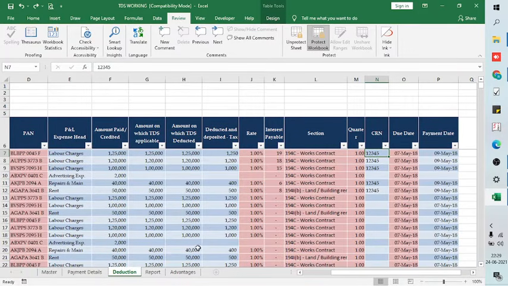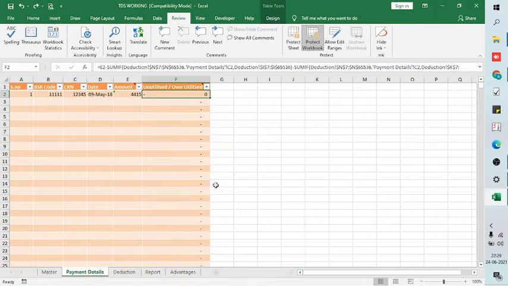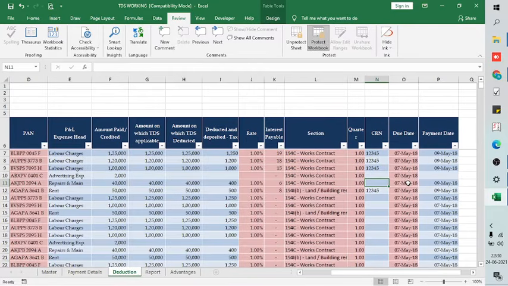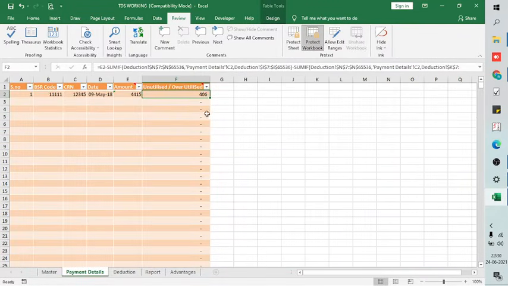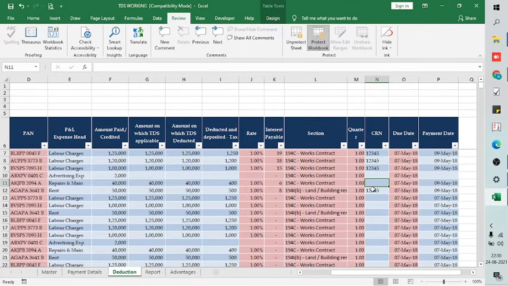And what this will do, this will help you to calculate whether a particular challan is underutilized or overutilized. So what I have done, I have removed the serial number from one of the rows. So now the payment details show this amount is underutilized. So we have only utilized some 4,000 rupees out of 4415 and 460 is not utilized in this particular challan. So I'll again write 1, 2, 3, 4, 5 and I'll enter this challan number in this row.